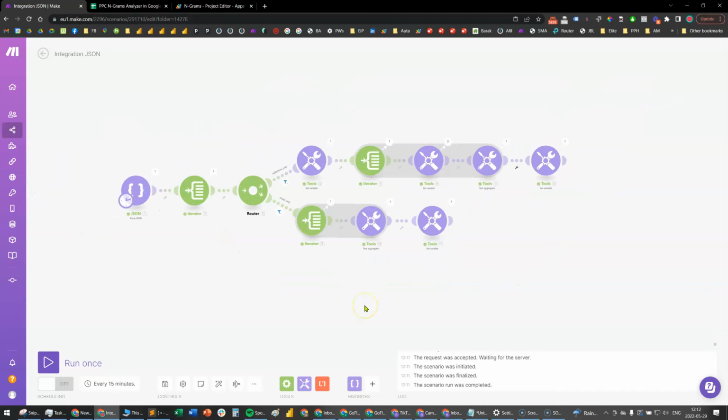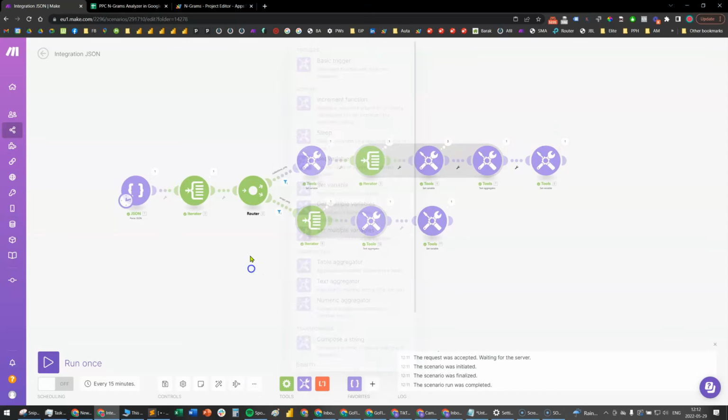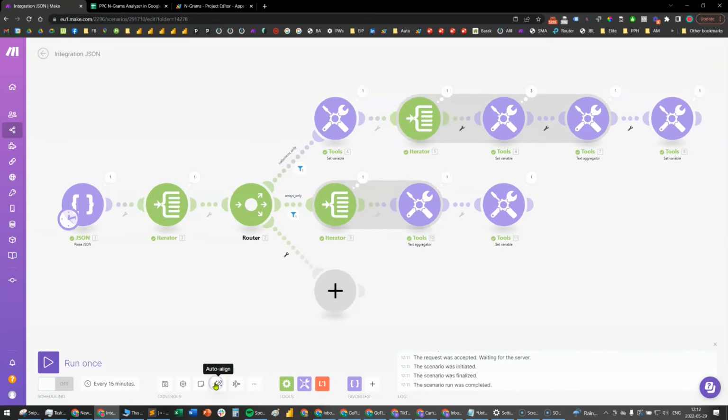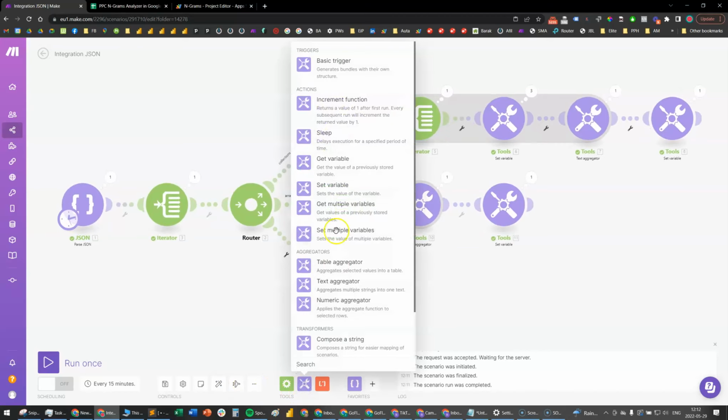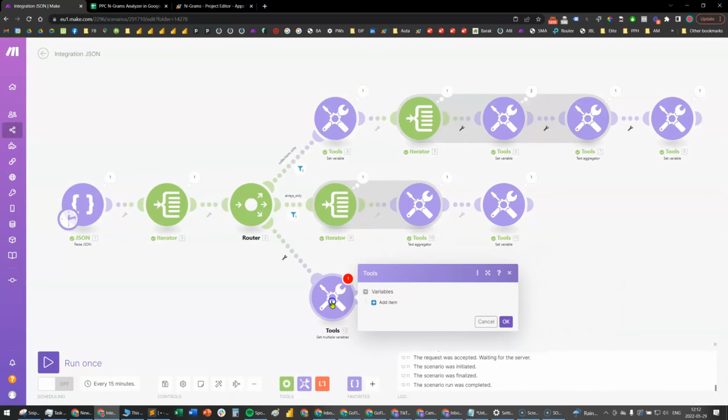So the beauty of Make is the fact that when you use router and you set variables within that route, you can actually access those variables by getting them. So we can introduce a third route, and we can use get multiple variables,